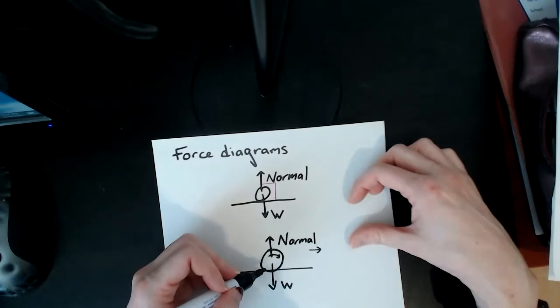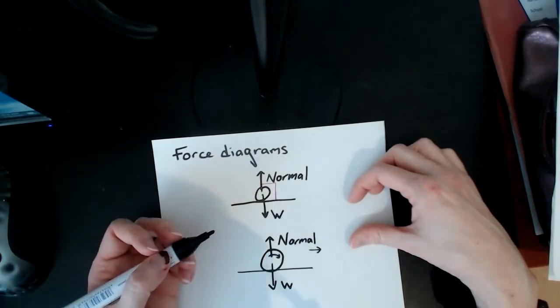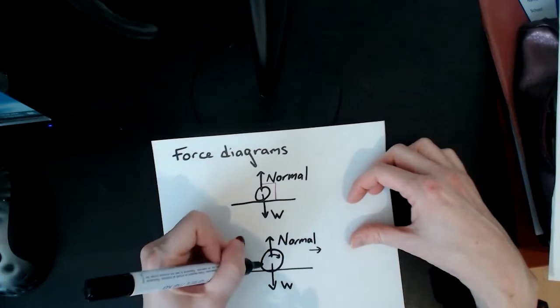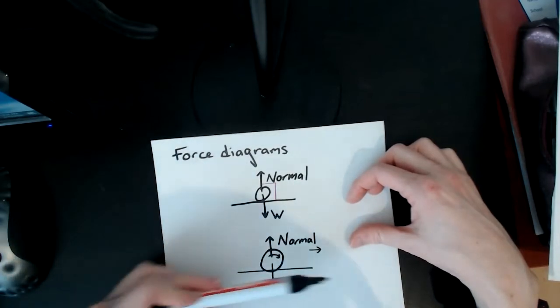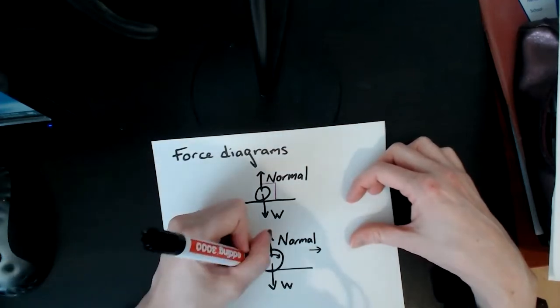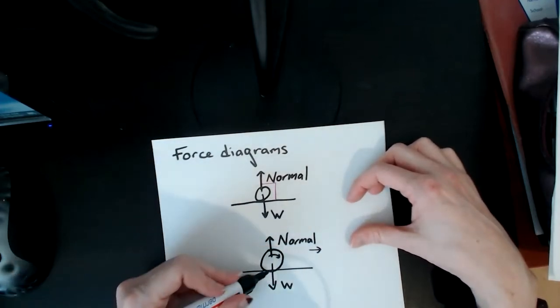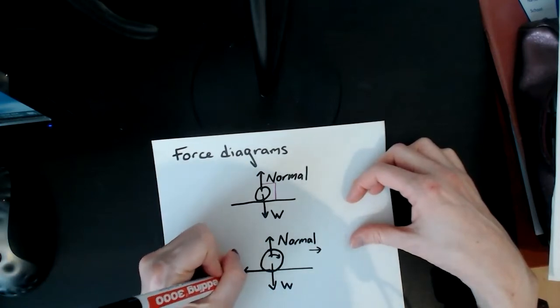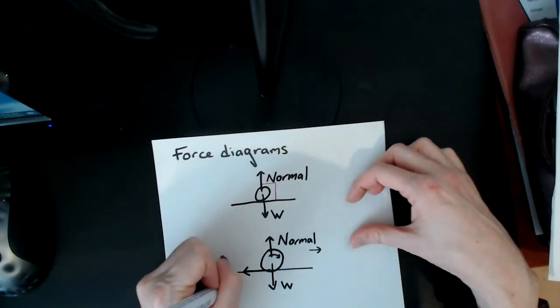Okay. But now, since it's in motion, it's going to have another force acting on it. And the force that opposes motion on the ground is what we call friction. And so it opposes motion. So if the ball is rolling this way, then the friction is going to be going the opposite way. And you can draw it on the ground itself here, or you can draw it up. It doesn't really matter. So I'm going to draw mine on here, and this would be labeled